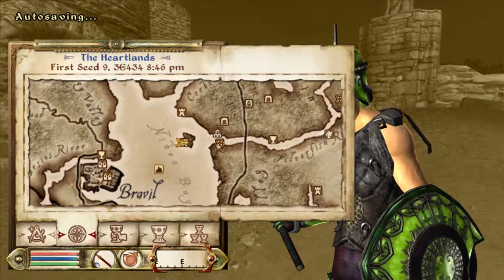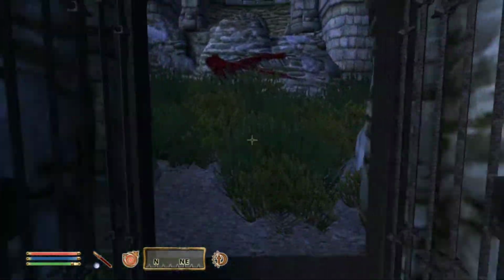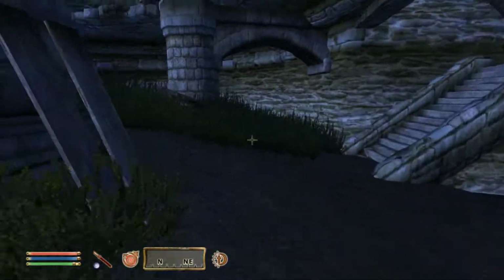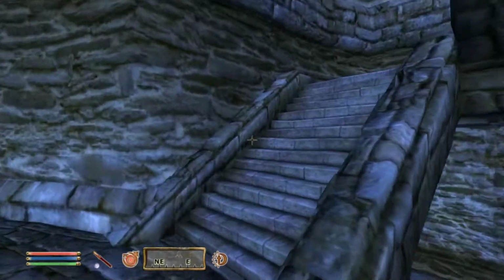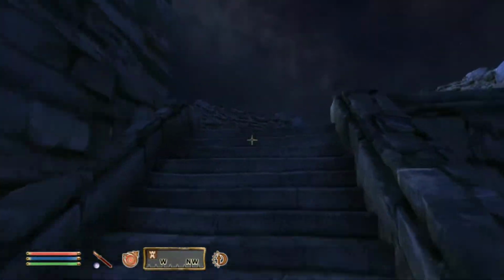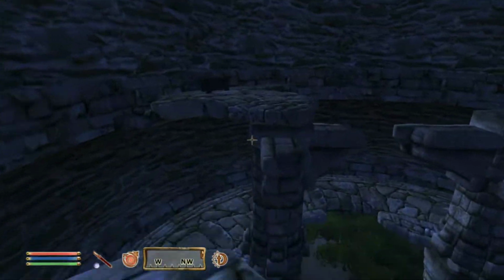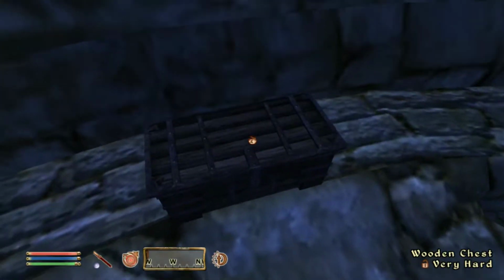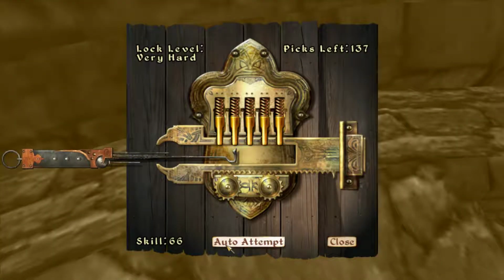Alright, coming back to Fort Grief. You guys, this is a quest location in which we hunt down a woman's husband, only for him to be murdered in front of us. After returning back to her with the bad news, we came back here and picked open this chest, which is now resealed. And inside should be another